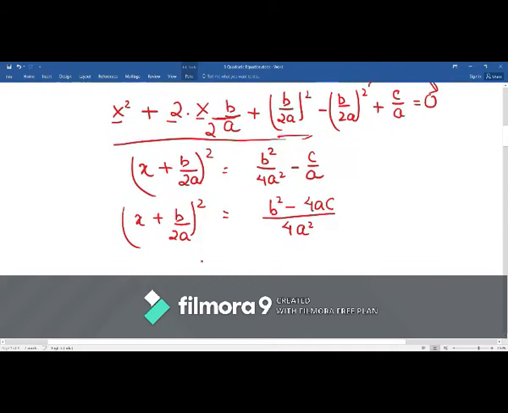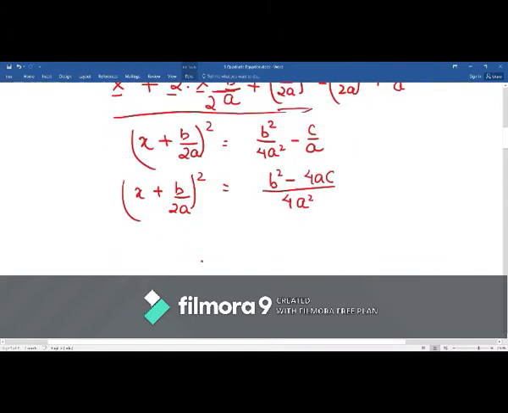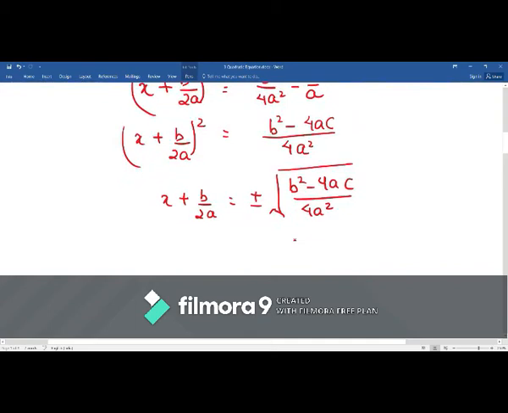So we have to find the value of x, because all that we have to do is find the value of x. So here x plus b by 2a equals to the root, the square will go here and it will convert it into a root. So b square minus 4ac by 4a square, and we will get plus minus. It's a rule. So again x equals to this term, take here, minus b by 2a plus minus under root b square minus 4ac by 2a, because